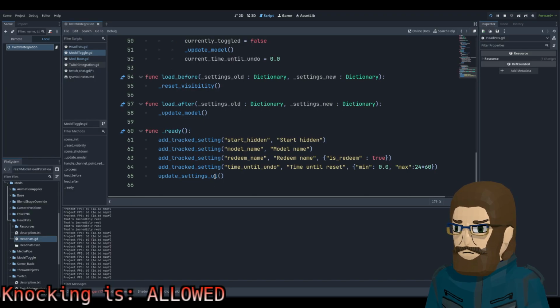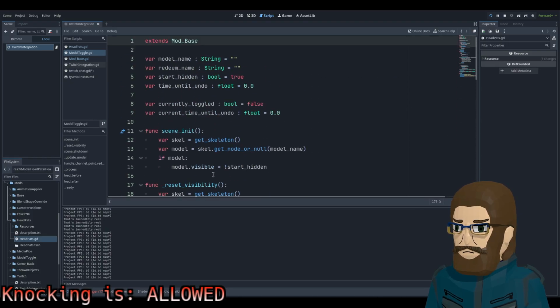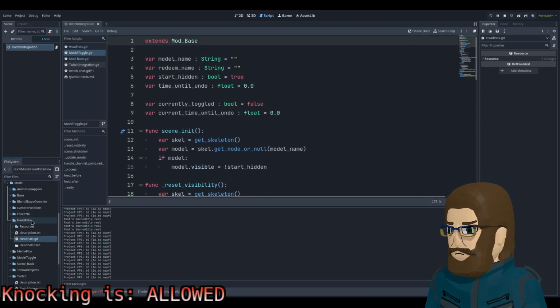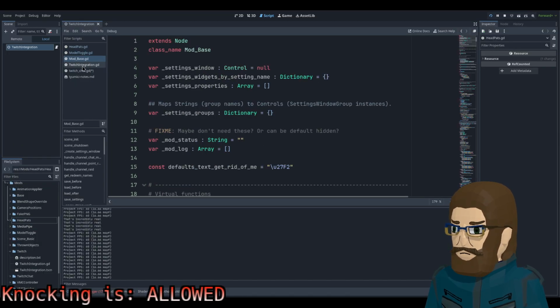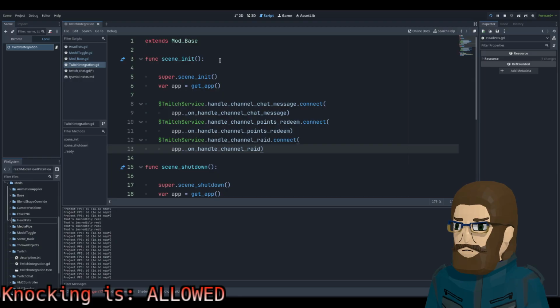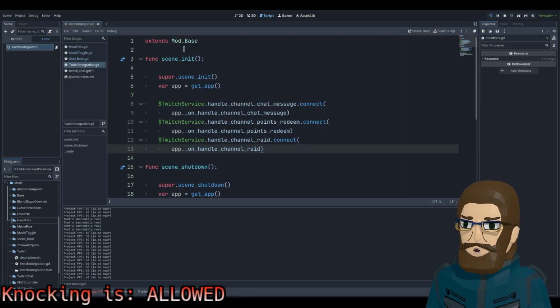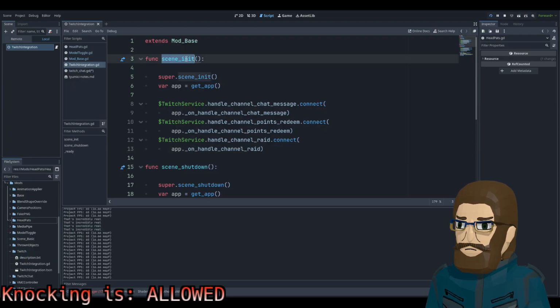Track setting. Do we necessarily need the thing? I mean, we can just have it. Oh, wait. No, I guess not, because if I'm understanding based on how it does things.